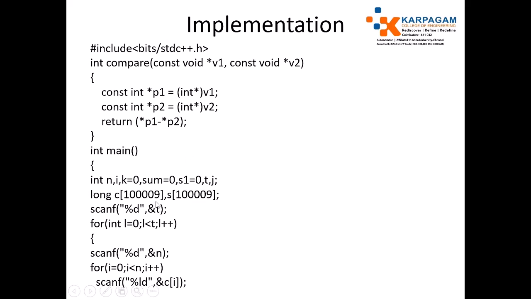First, we get the number of test cases by using a scanf statement, and for each test case I get the size of an array, and I get the array elements like 1 2 3 4. For this purpose I use the variable C, which is an array variable. I declare the array with maximum size. And I have another array, S, which is used to accumulate the seconds, the number of seconds you require to collect the candies.